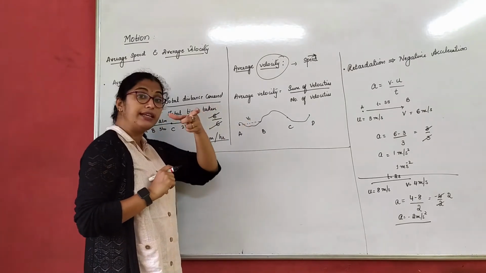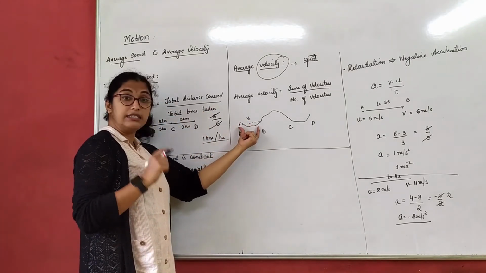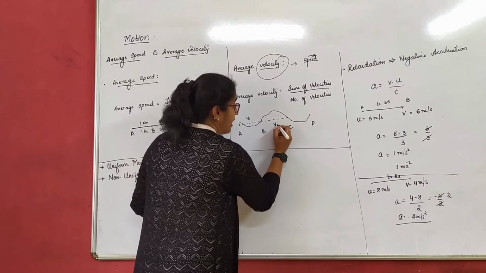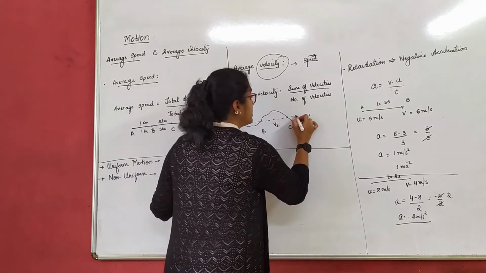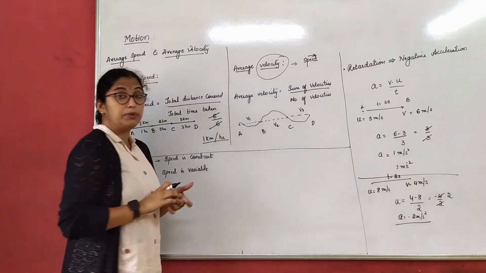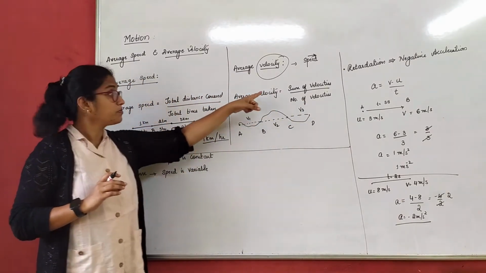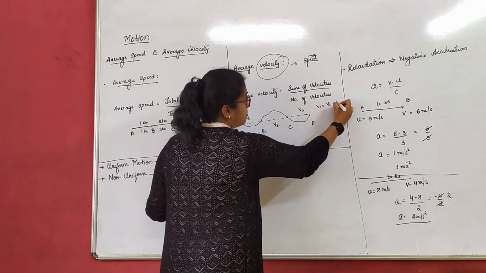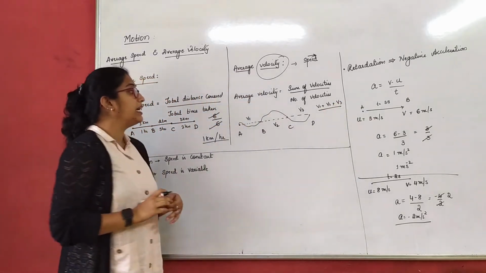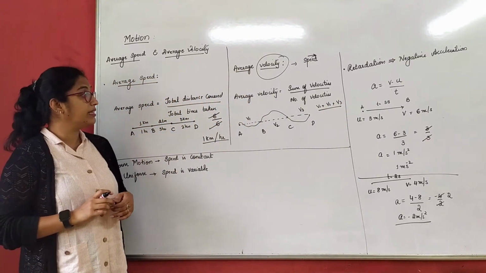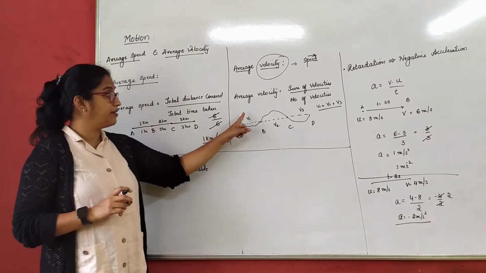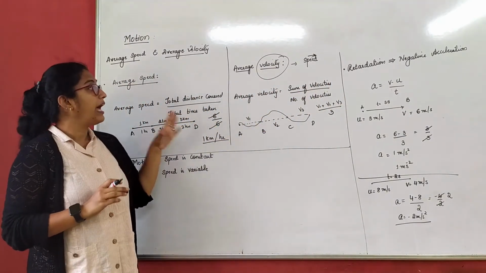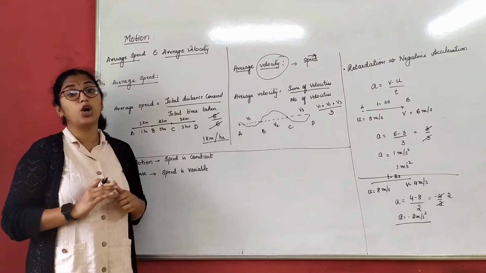So I have to find V1, that is velocity for the distance I have traveled from A to B. Then again B to C, how much I have traveled, I have to calculate velocity here. Similarly C to D, I have to check velocity here. That means I need to find velocity 3 times. Sum of the velocities: V1 plus V2 plus V3 divided by number of velocities. Now, number of velocities means how many velocities you have? 1, 2, 3, divided by 3. This will give you average velocity of the object, right?